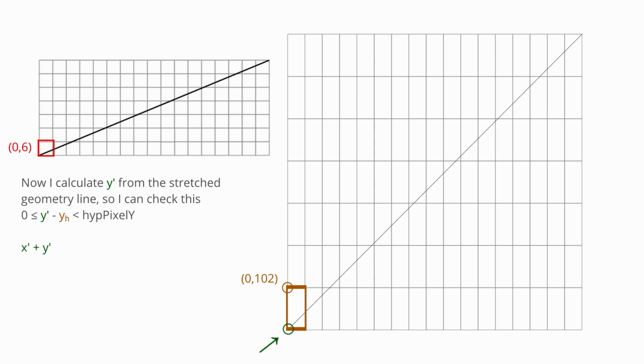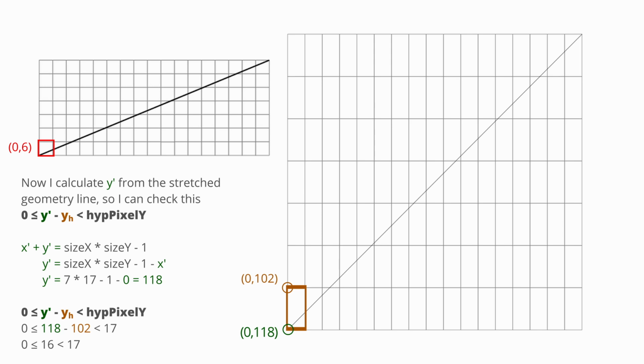From that line, I know that x prime plus y prime equals size minus 1, and that size is size x times size y. From this, I can calculate y prime of the line from the x prime, because x prime is the same as the x-coordinate of the hypothetical pixel. Since it's a square, the distances on both axes are the same, but traditionally I solve for y from x. Then I calculate the difference. If it's positive and less than height pixel y, it means the pixel in question does belong to the line